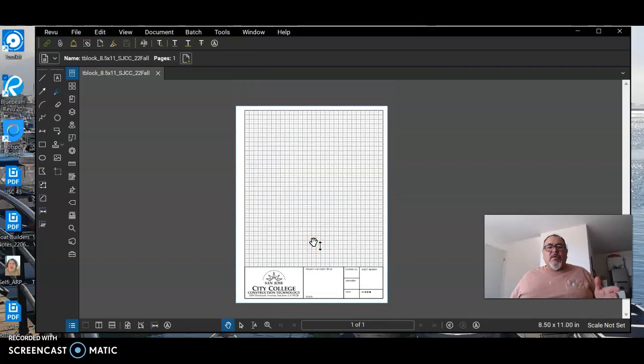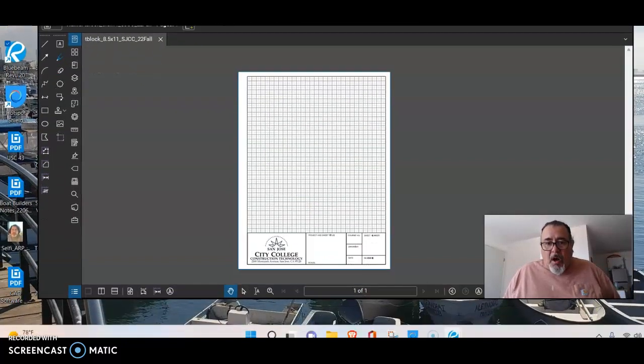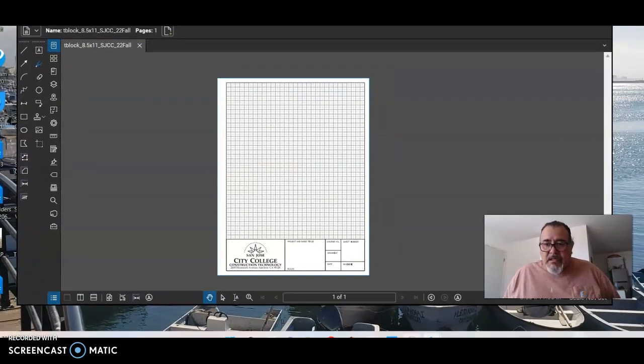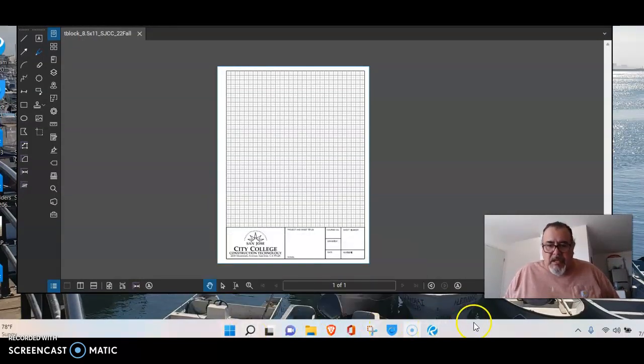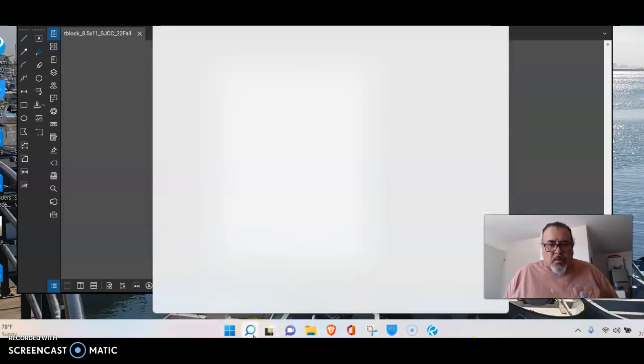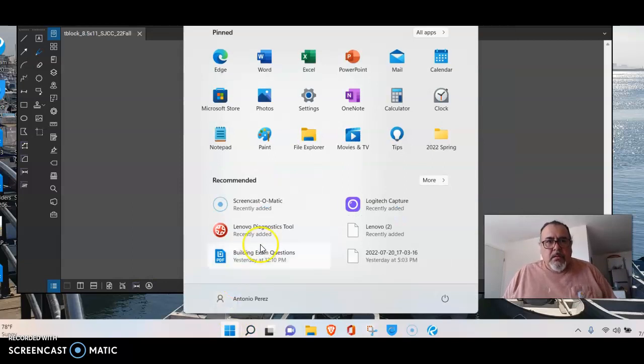Now we're just going to do a snapshot, and I'll show you how to upload your assignment. The snippet tool. All your computers have the snippet tool built in. Okay, so if you're using a Microsoft, it's on my page, but if you don't have it, it's on my where I have it for quick access. But if you don't, just find your computer's search location, like clicking on the Windows button. See, type here for a search. I just click the Windows button.